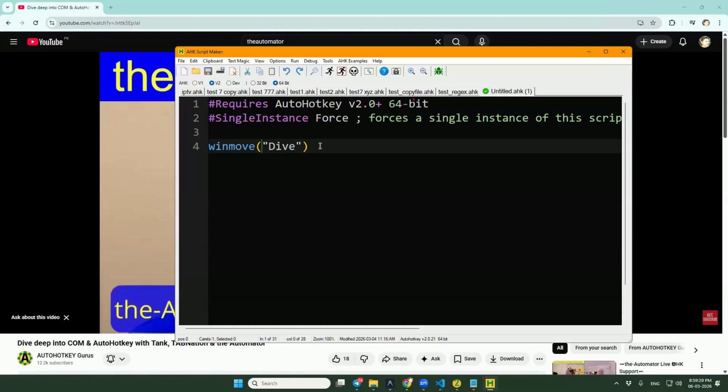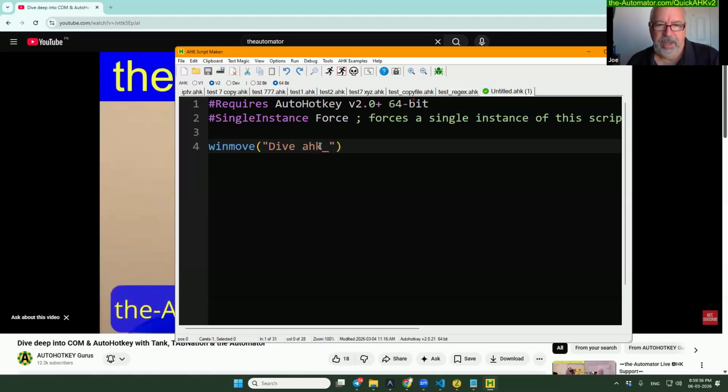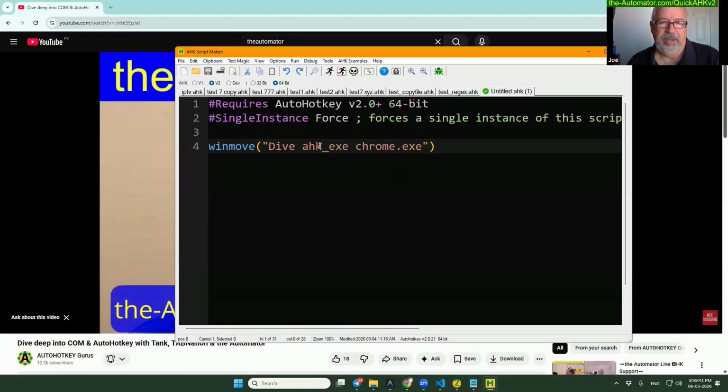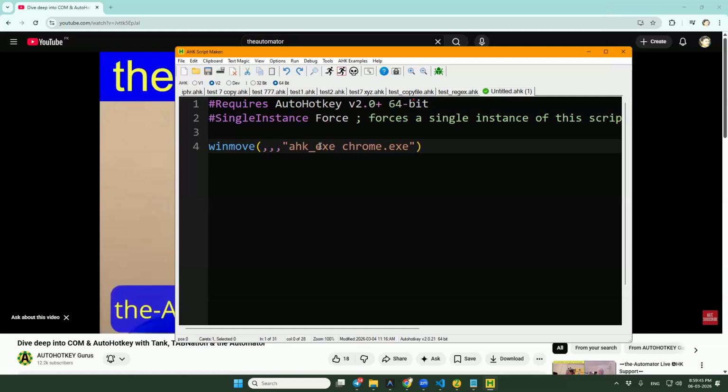Okay, you were using the exe, but I think it will not find it. I didn't have a title, I just wanted Chrome to be moved. Okay, so the four parameters, 1, 2, 3, and fourth. I think it's not suggesting me for some reason. So 200 and 200 and 400 and 600. I think that'll be fine. And if I run that,